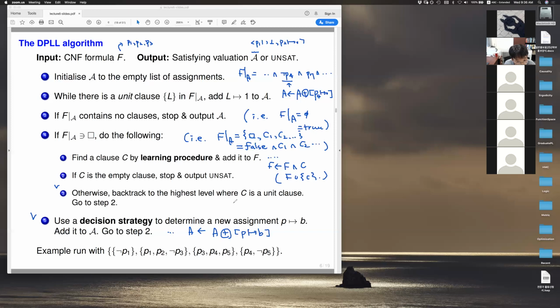For instance, if C is of the form, it looks like this: P3 or negation of P4 or P5. Okay, suppose C can be of this form. And then say in the previous run, we have an assignment A. The assignment has a bunch of decisions made before, but say P4